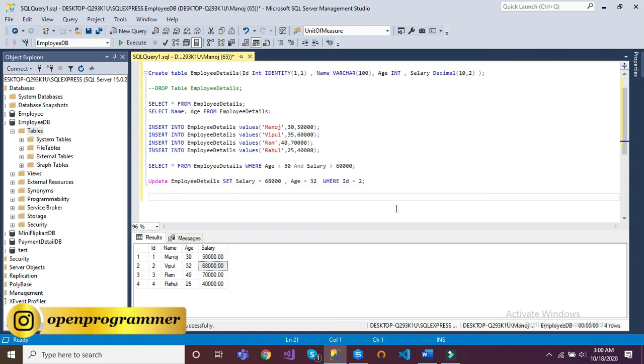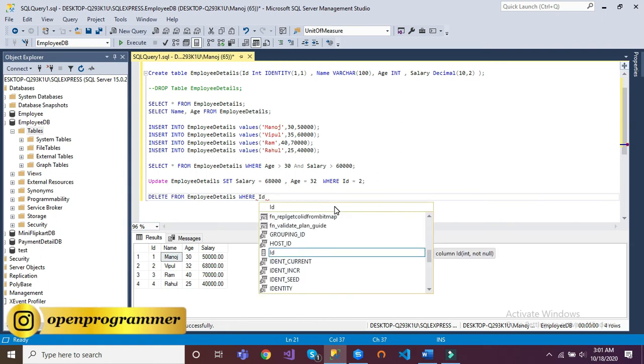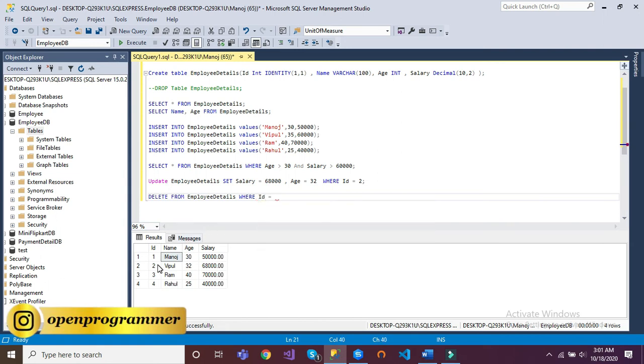Now we come to deleting a record. For example, if you want to delete this particular record, anyone, how can we do that? There is also a command starting with DELETE FROM table name, employee details. Now WHERE, which record we need to delete, again where ID is equal to, for example we are going to delete this Vipul record, ID is equal to 2.